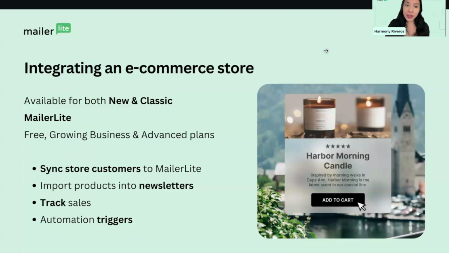Okay, so when it comes to integrating an e-commerce store with MailerLite, as I mentioned, it is available for both new and classic. So depending on which version you're using, you can still connect a store to MailerLite. And you can connect a store even if you are on a free plan as well as a growing business or advanced. Again, some features are different, but when it comes to just connecting an online store to MailerLite, it is available for both versions of MailerLite as well as all plan levels to just have the store connected to your account. When you do that, there are a lot of new features that are available to you, such as